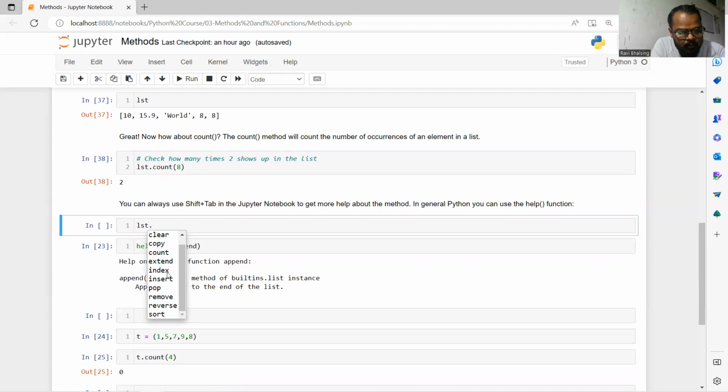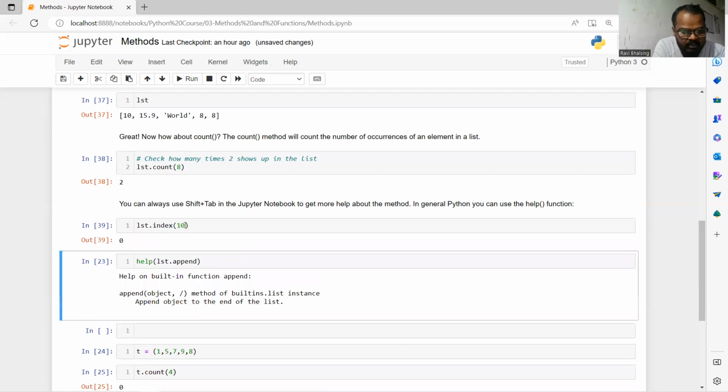Okay, if I want to print the index of an element in that list, say the index of the 10th element, it is at the 0th index. Okay, if I want to print the index of 15.9, okay,